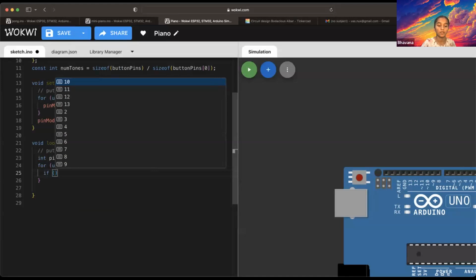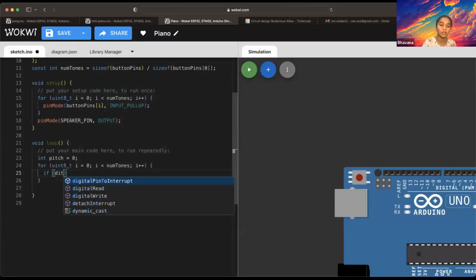parentheses digitalRead. We did digitalWrite when we made an LED. So write just means output. You're outputting it to the LED. Read means you're reading a signal. So when a button's pressed, the signal goes to the Arduino. digitalRead just means we're reading that signal when we hit the button for the piano. So digitalRead, and then we do buttons,